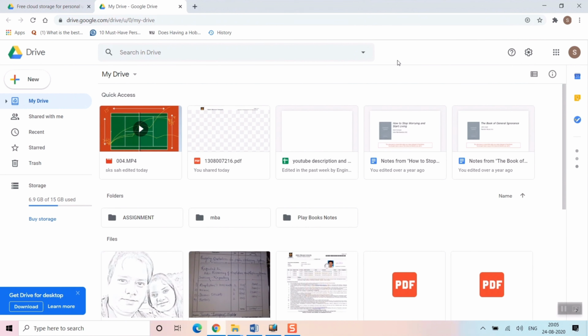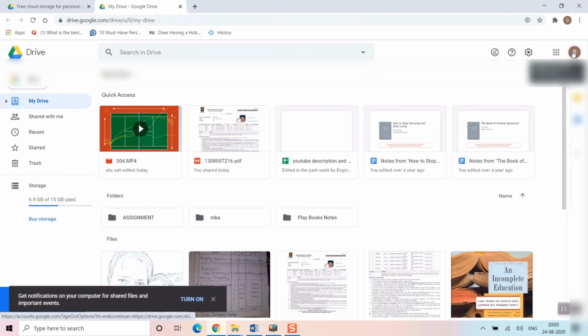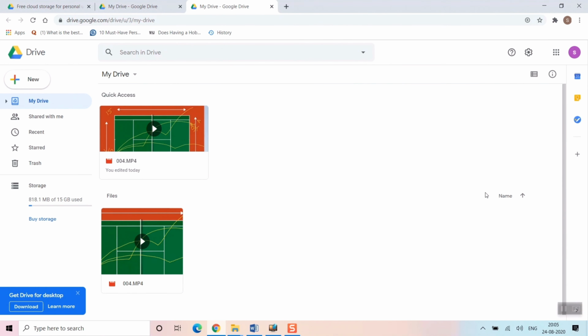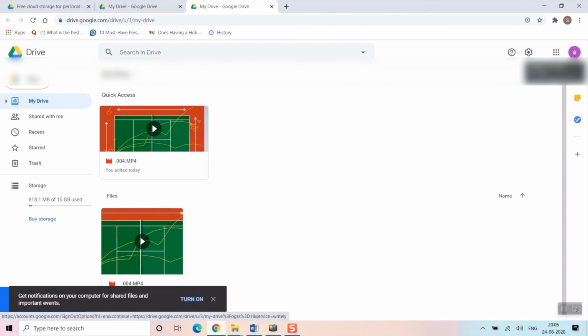So once you go, it will ask you for signing in. Since I have already signed in through my Gmail ID, I have already logged in my Google Chrome browser in my Gmail, so I need not do it once again. It is directly taking me to that Google Drive page. If you haven't signed in to your Google or Google Chrome browser, it will ask for signing in first. So please sign in. And of course, most of the people right now in their personal laptops, they would have anyway signed in at any point of time. So directly it will come to your email ID, sign in your own Google Mail ID.